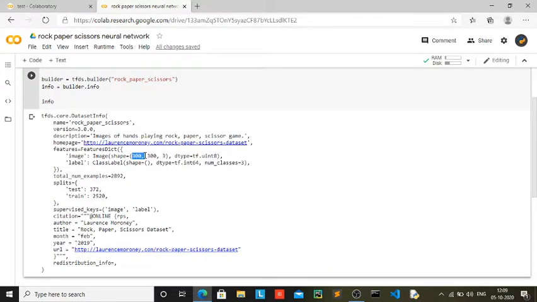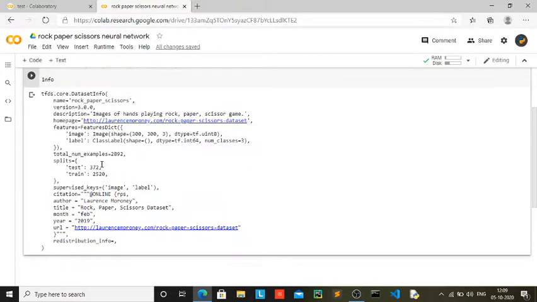You can see the image shape is 300 by 300 by 3, and it's uint8. There are 3 classes which are going to be rock, paper, and scissors. And there are 372 test images and 2520 train images, which I feel like is pretty good. We've got the author over here, got the title, and the